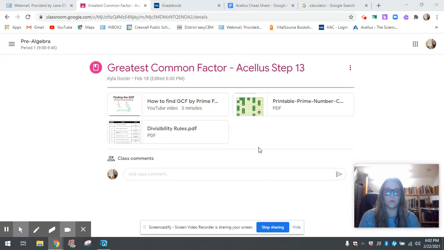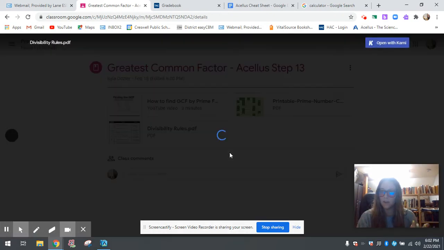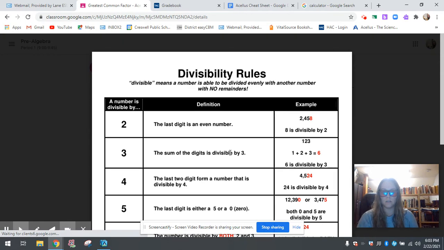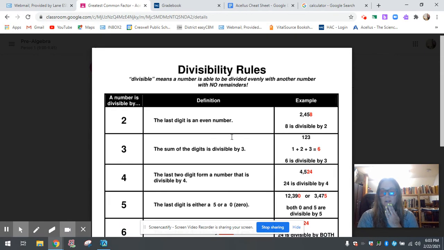All right, people. Greatest common factor. In our Google Classroom, under supplemental instruction, I've posted a few sheets for you to take a look at to give you an idea of where to start with this, with divisibility rules. The divisibility rules show you which numbers can be divided evenly, based on whether they're even or how to find the little tricks to make that part of the process